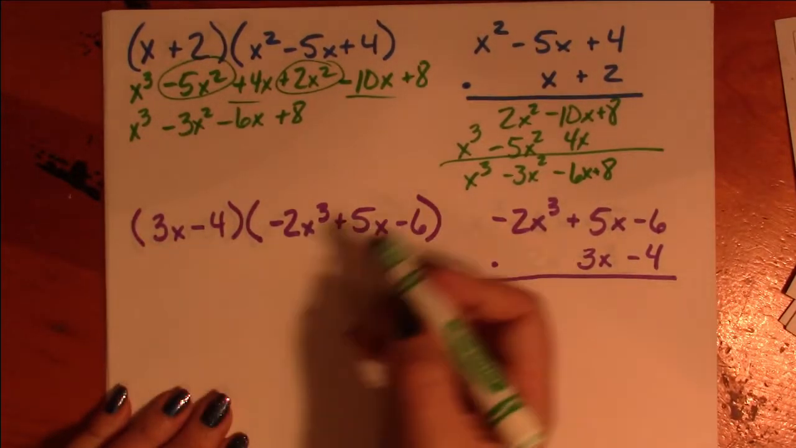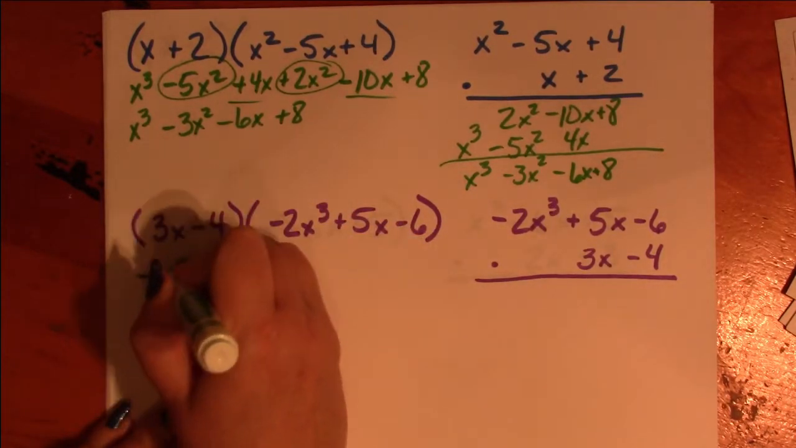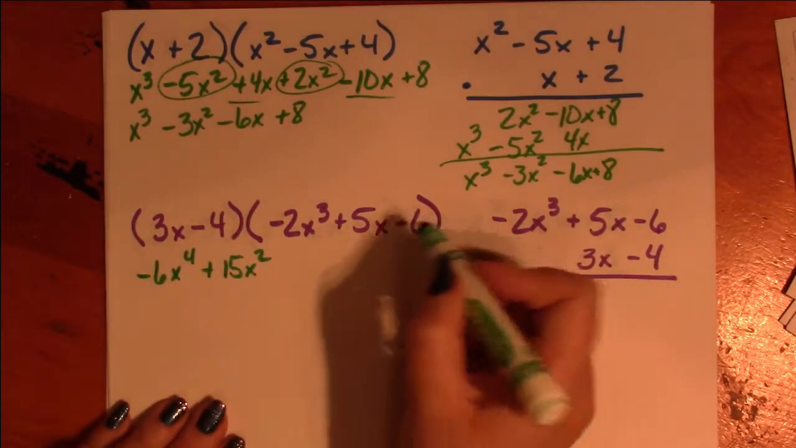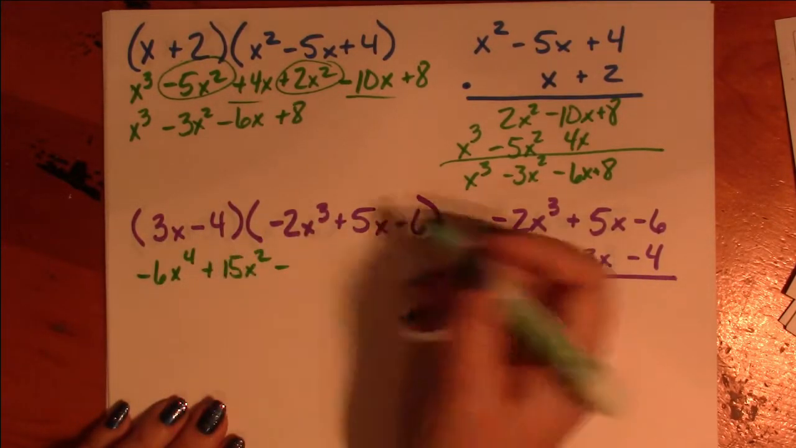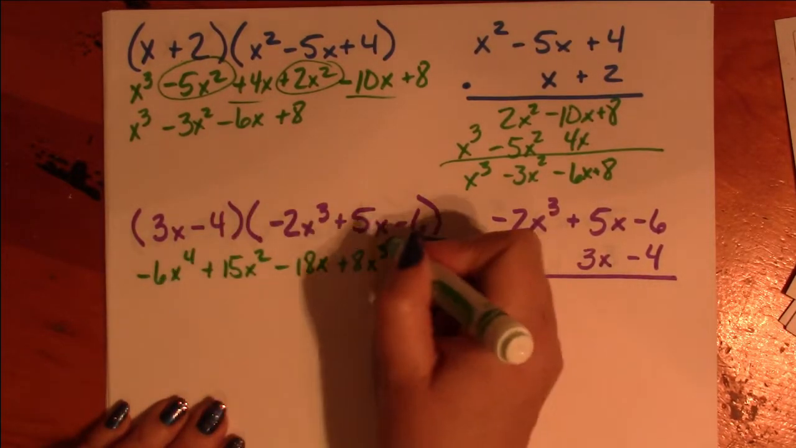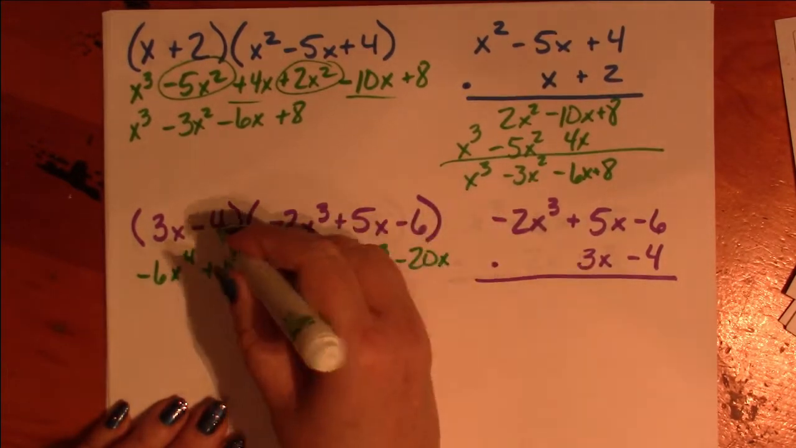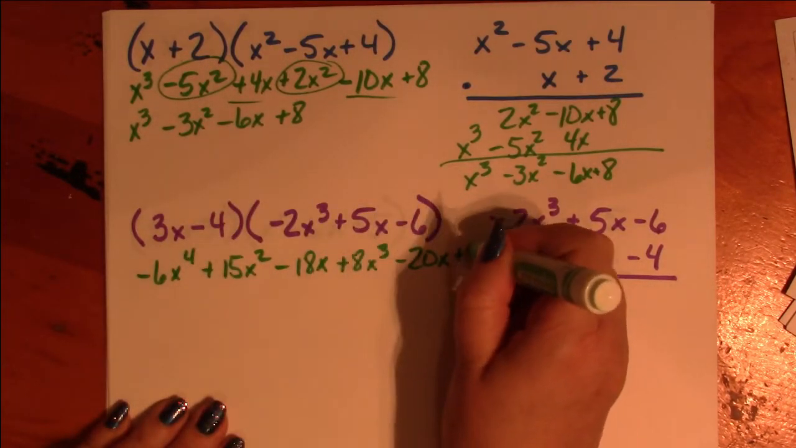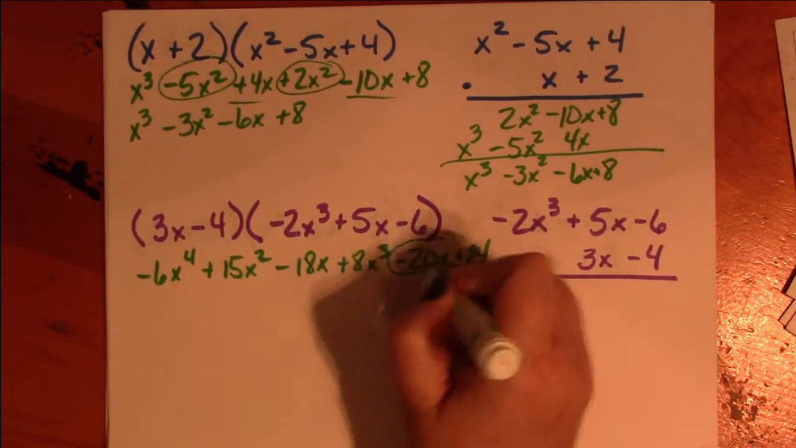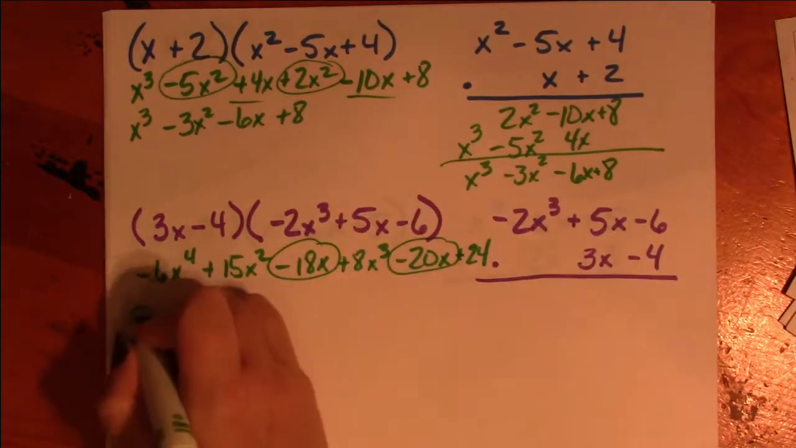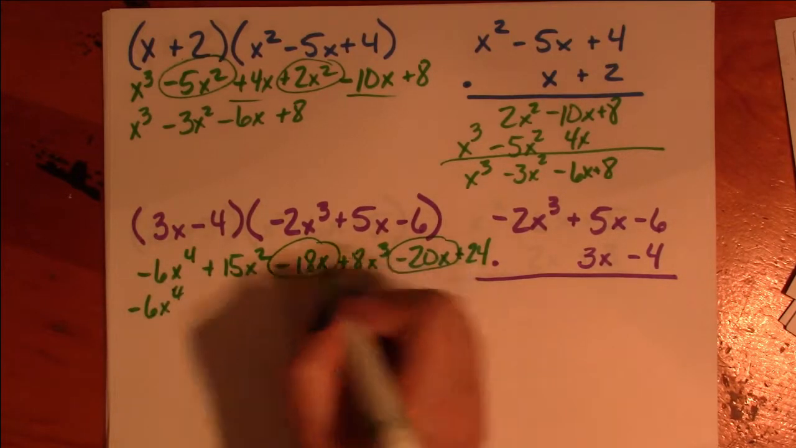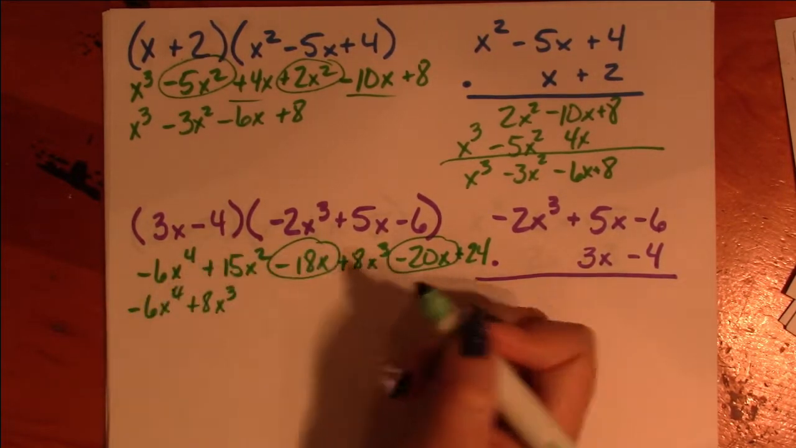Let's do another one. 3x times negative 2x cubed is negative 6x to the 4th plus 15x squared minus 18x plus 8x cubed minus 20x plus 24. And now we have to combine. These are the only two we can combine. So we have negative 6x to the 4th, and then we have plus 8x cubed and plus